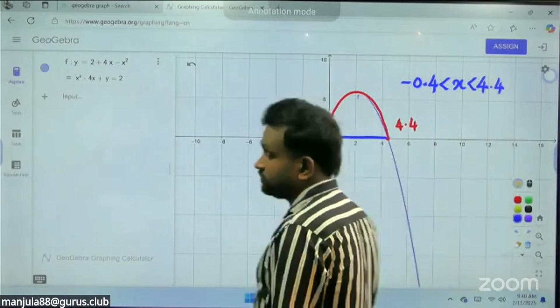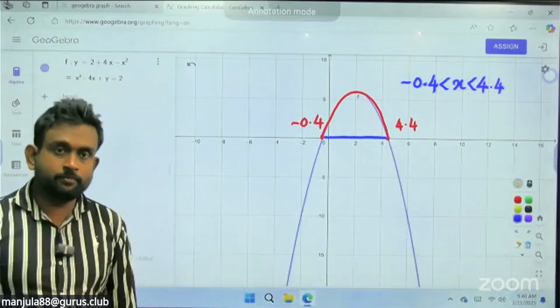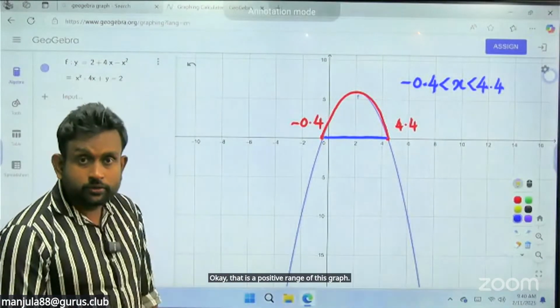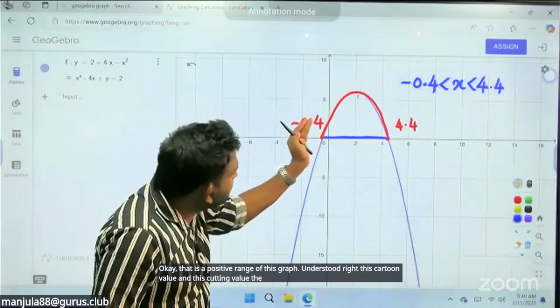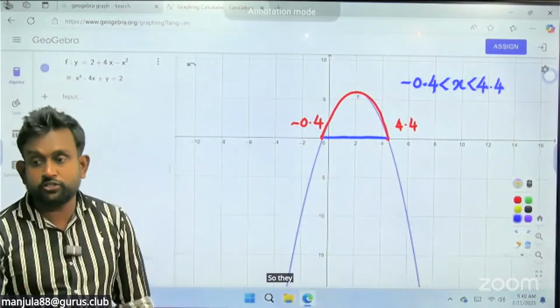So this is the answer. That is the positive range of this graph. Understood? This cutting value and this cutting value, the graph is between that x range along the x-axis. So they are asking to express the above function in the form of